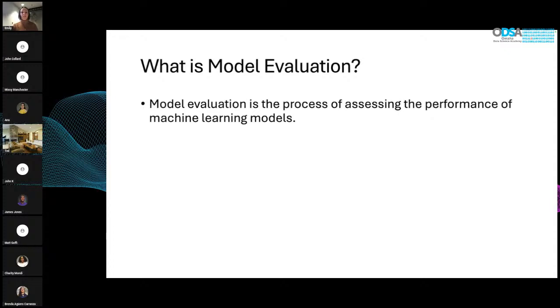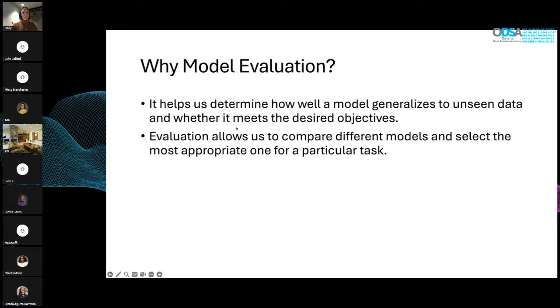Okay, so overview of model evaluation. What is model evaluation? You all probably already know this, very familiar with this from the last class, but it's the process of assessing the performance of our model. How well is it doing? And why should we do this? Because it helps us understand how well the model generalizes to unseen data and whether it meets the objectives we're trying to accomplish. It can allow us to compare different models. That's the key